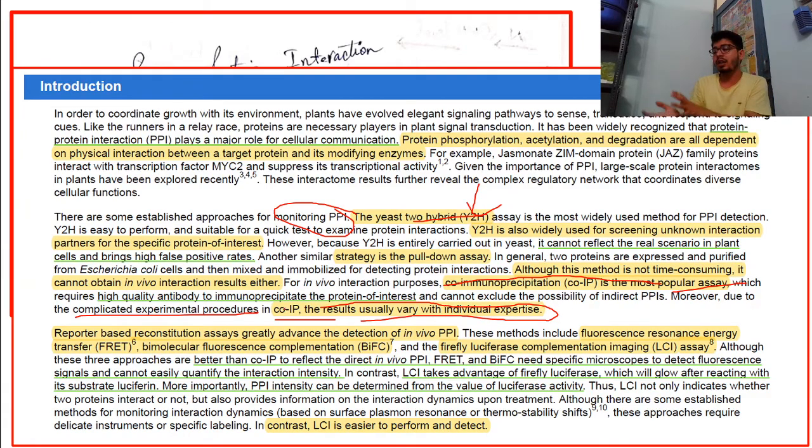If you take it outside and show the interacting partner, that is not a very big deal, anyone can do it. But if you are adding some fluorescent molecule and you are trying to show that here is the expression, here the protein is interacting, this is really very important. Okay, so come to the